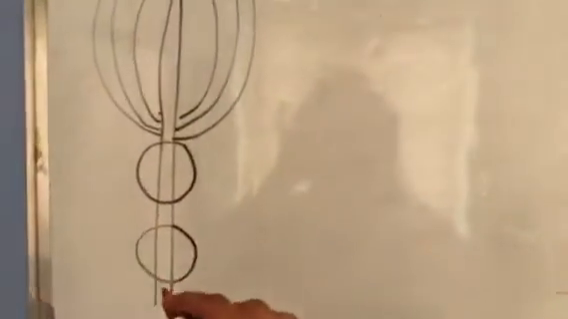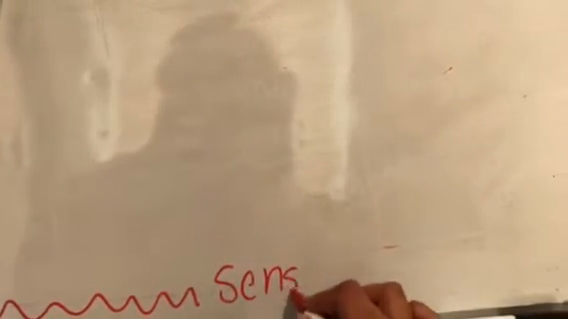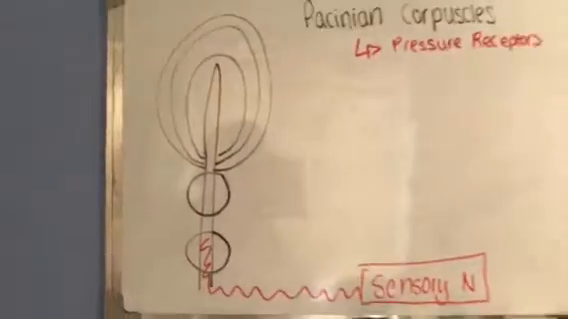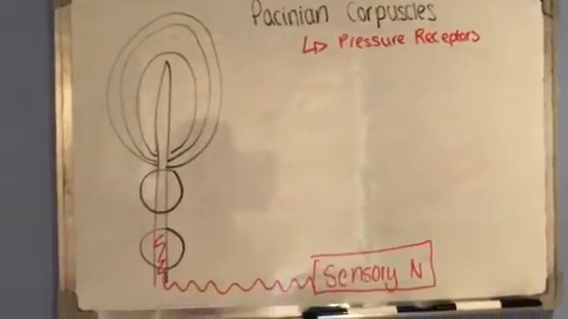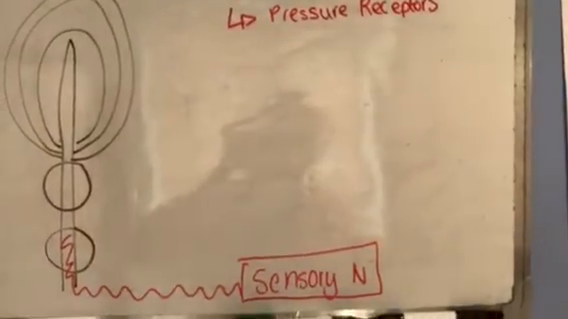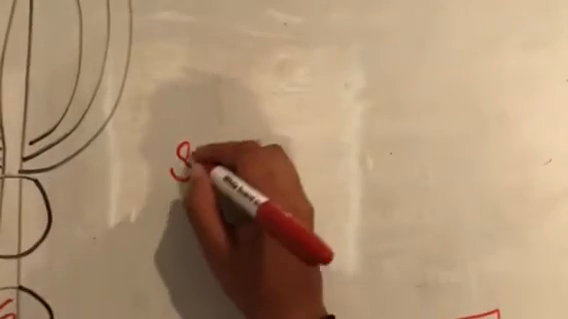So each of these Pacinian receptors is connected to a sensory neuron. So if any stimulus has been detected, or in this case this receptor detects pressure, it can be detected really quickly. So these detect pressure, and within the membrane of the neuron there is a special thing called